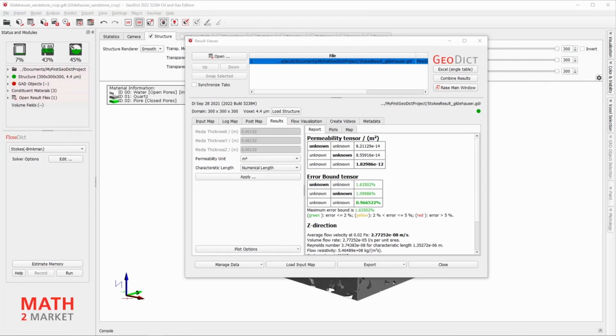When the computation has finished, the result viewer of FlowDict opens again automatically. Have a look at the results by clicking Results and Report. You can now see the permeability tensor and the error bound tensor because we have chosen the error bound as stopping criterion.